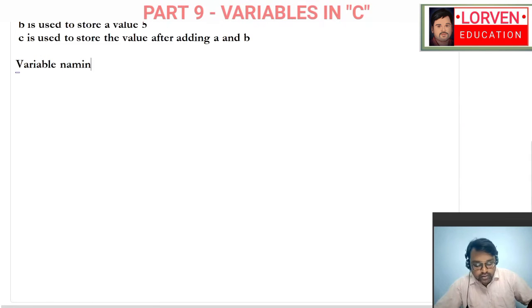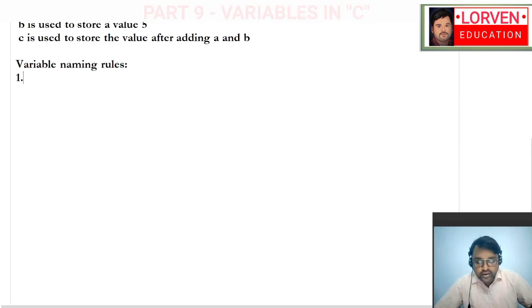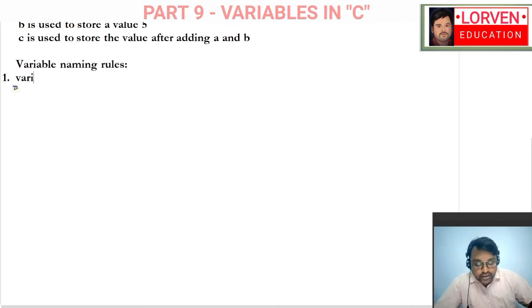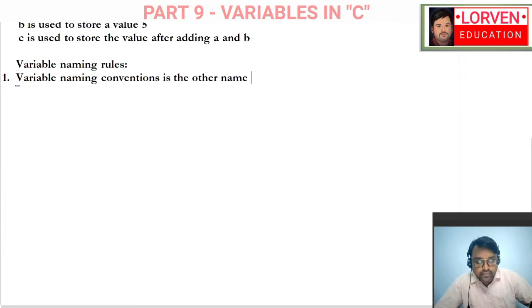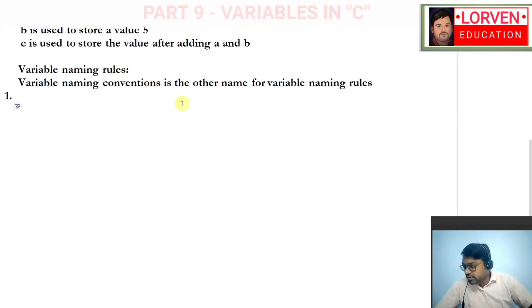Variable naming rules. Okay, so point number 1 here is: variable naming rules are also called variable naming conventions. Conventions is the other name for variable naming rules. Okay, so the first rule is: